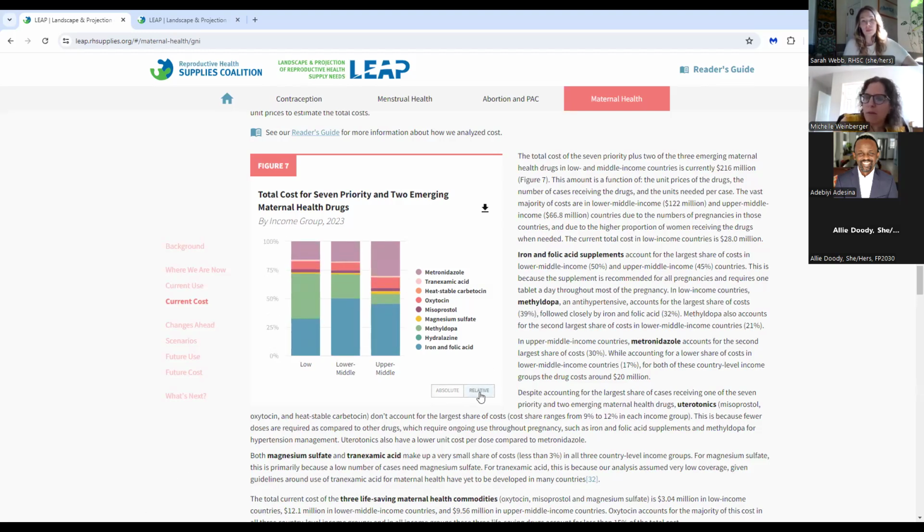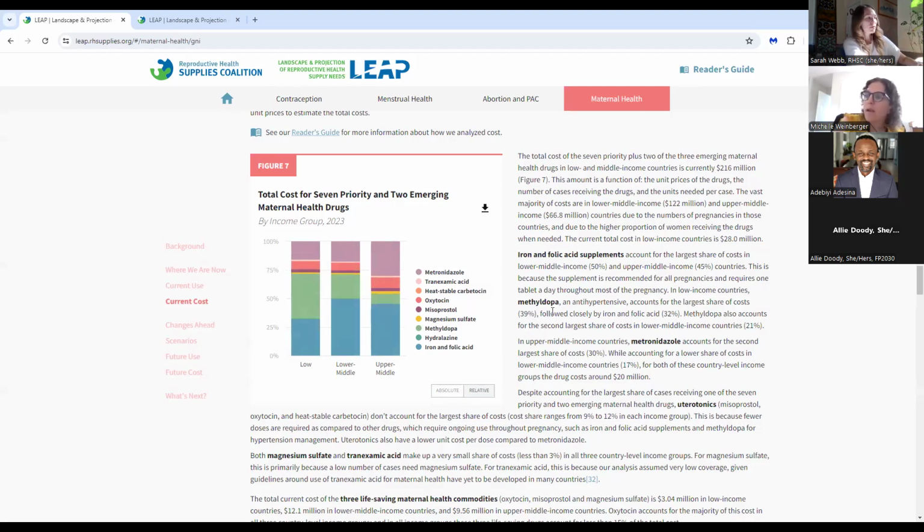If you do that in relative view, you see proportionally in each. So we see that methyldopa accounts for a sizable share, especially in low-income countries. And we see that metronidazole, so that's treatment for maternal health infection, accounts for a fairly significant share, especially in upper middle income countries. So a lot of variation in